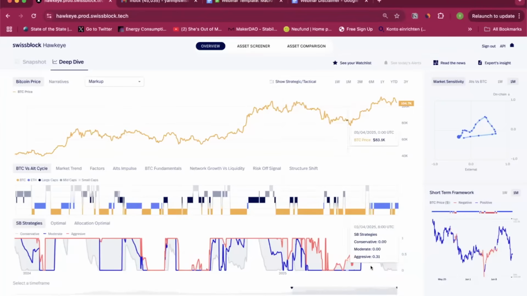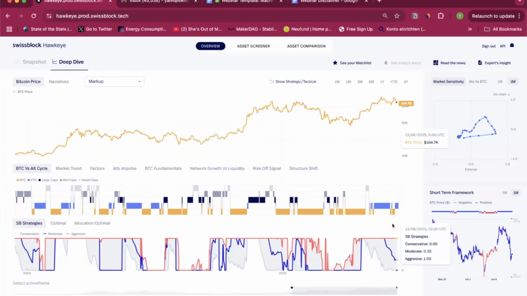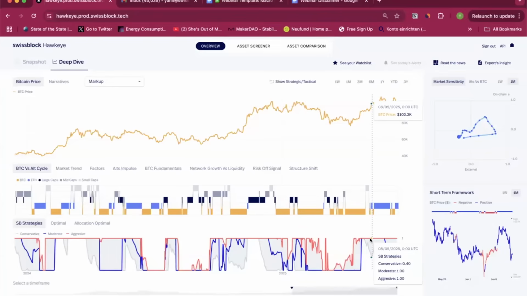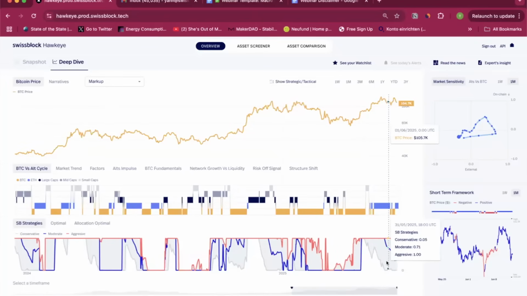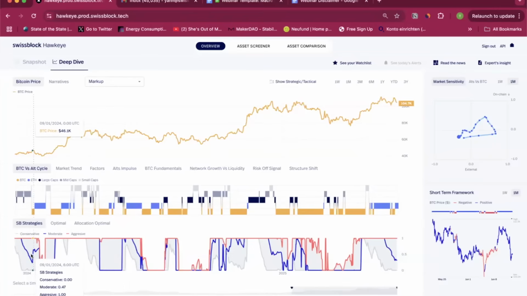But you can also see in terms of the actual underlying structure of our framework that we have a very similar type of setup when you look at the bottom layer here, where we look at our idiosyncratic systematic strategies that track the strength in Bitcoin relative to other things. You can see that back in February and the beginning of 2024, you had a moving out of the gray signal, which is a conservative signal on the momentum of Bitcoin, a moving out of the blue signal, which is a robust systematic strategy that gives you a relative understanding of how strong or how weak Bitcoin is. And the same thing with the red curve, which is an aggressive variation of that.